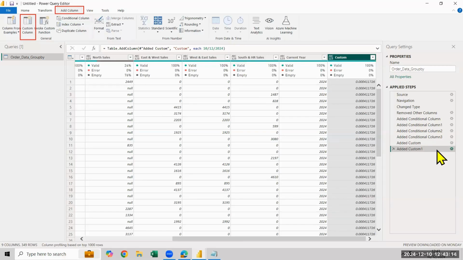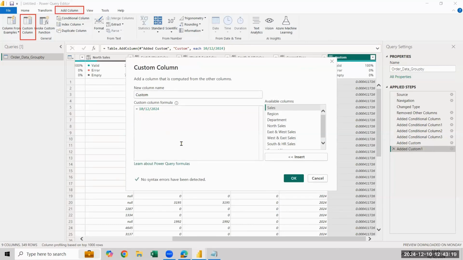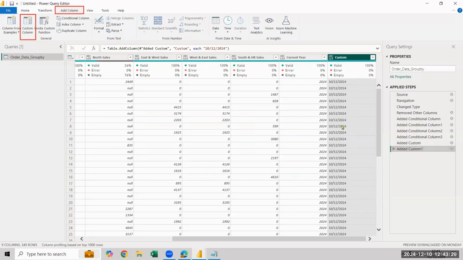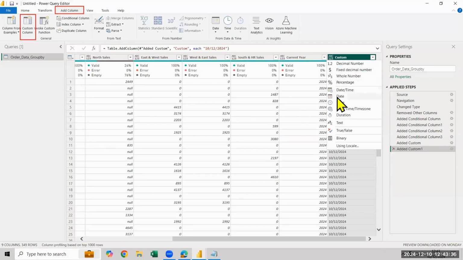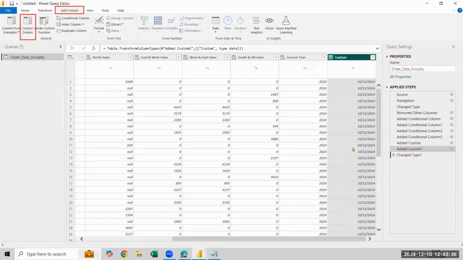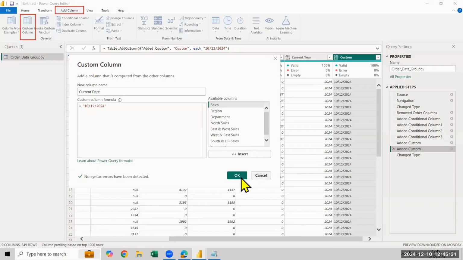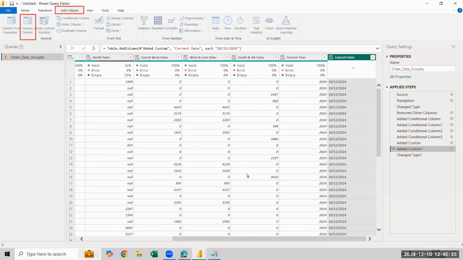Whenever you're using a combination of text and numbers, you'll be using double quotes, because slash is text, hyphen is text. Now if I click OK, you got the date, but I need to convert it into a date format. So ABC123 converted into date. I got the date. Clear on this? Now if you want to get the same output